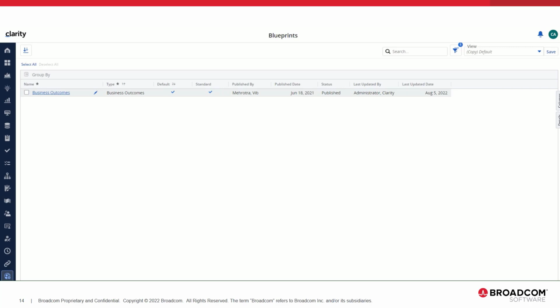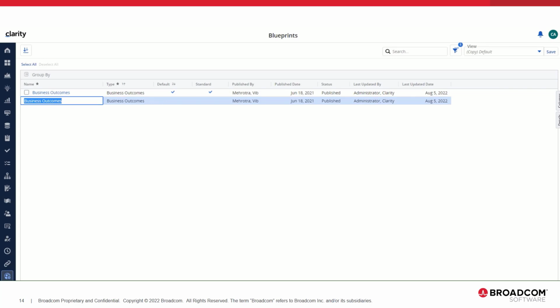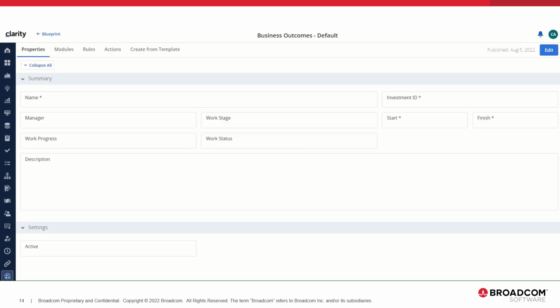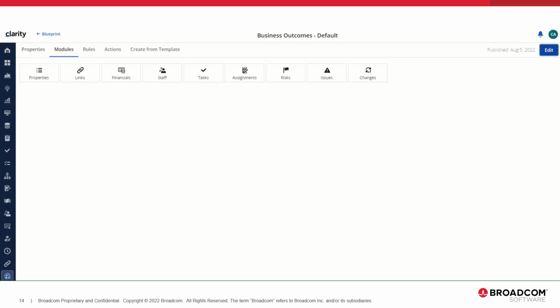So I am copying the standard blueprint of this custom investment. Navigate into the blueprint, click on modules, go to edit,